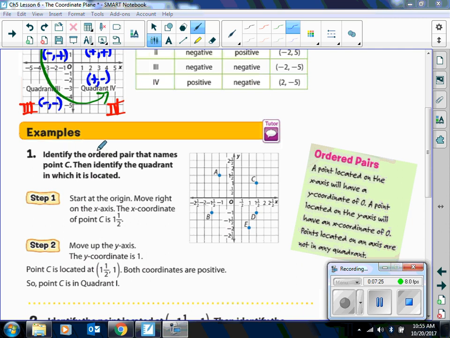So here we want to identify the ordered pair that names point C. Then identify the quadrant in which it is located. So here's point C. There's point C. And when we